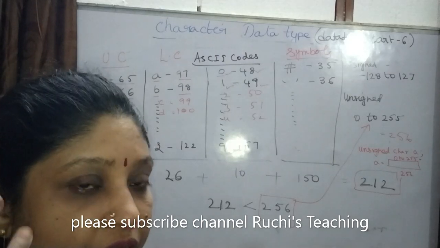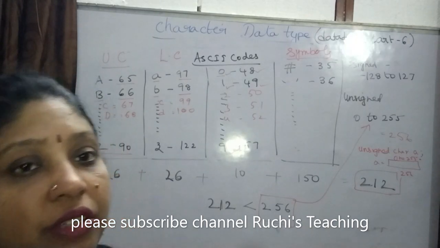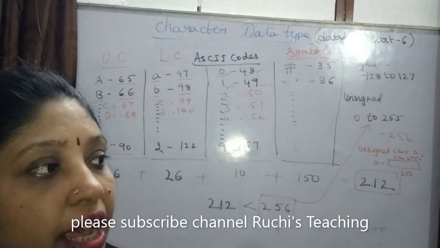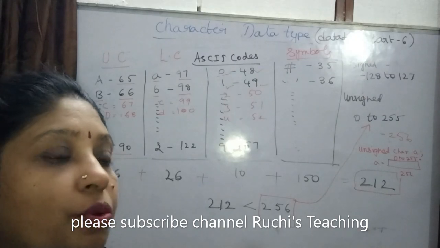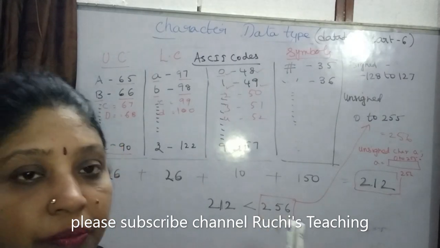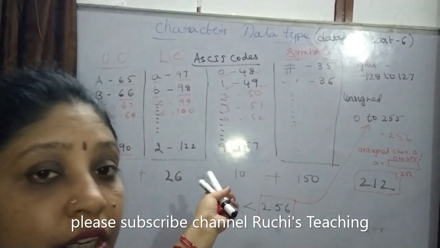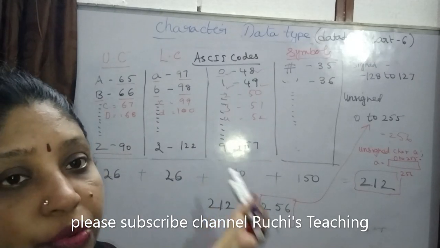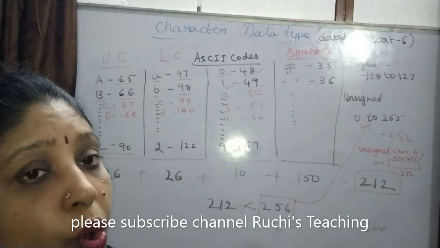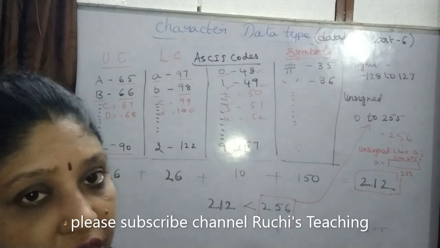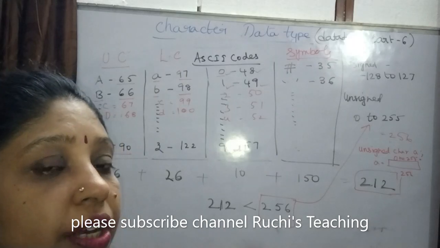For the compiler to understand, they have given all the codes, because some companies had taken different values and some other companies had taken different ones. So what they thought is, if they keep one standard code for each letter, then with any company, the same codes will be given for any computer. So like that they thought, and they found out this type of codes, ASCII codes. The full form of ASCII is American Standard Code for Information Interchange.